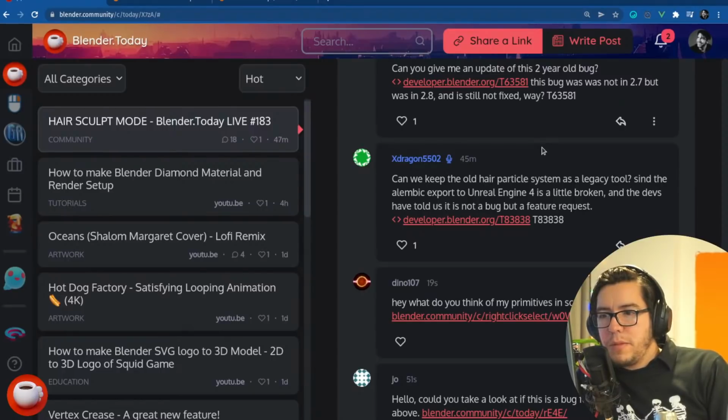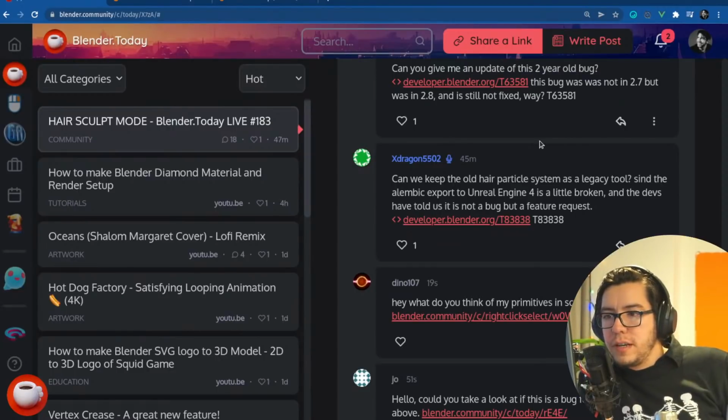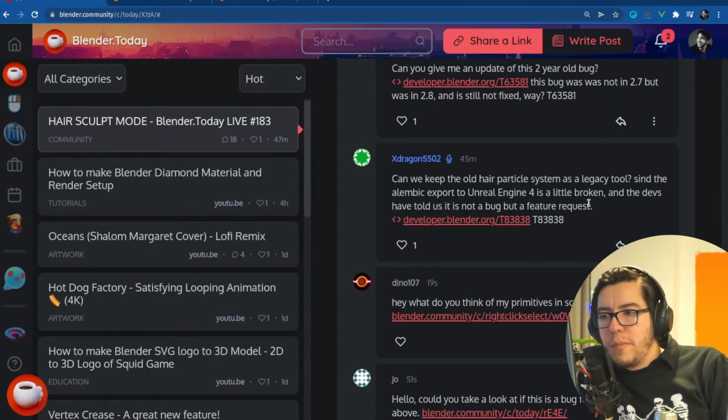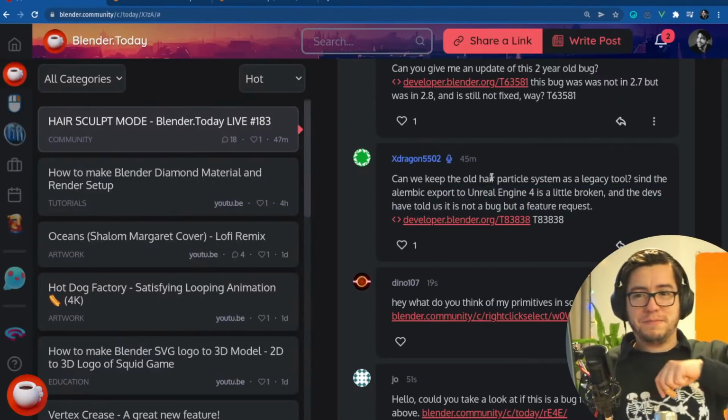X-Dragon, again, can we keep the old hair particle system as a legacy tool, since the Alembic export to Unreal 4 is a little broken and the devs have told us it's not a bug but a feature request? I'm gonna...